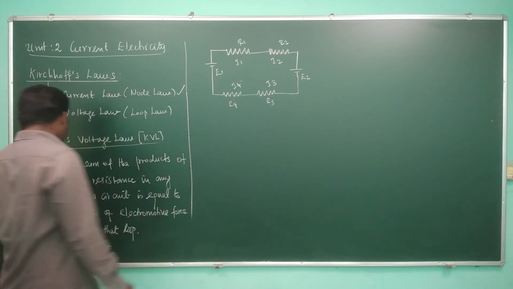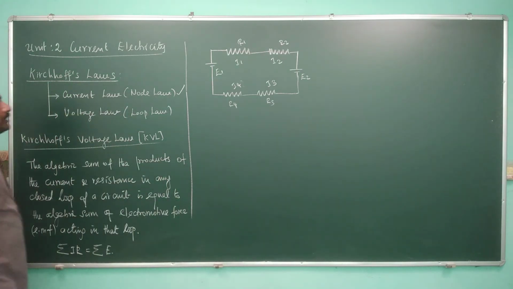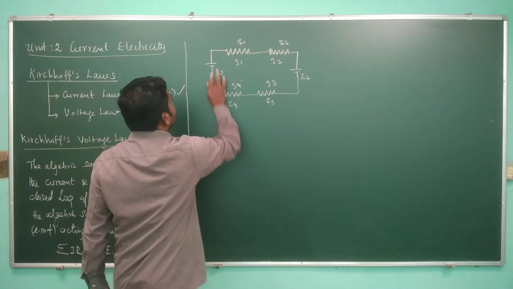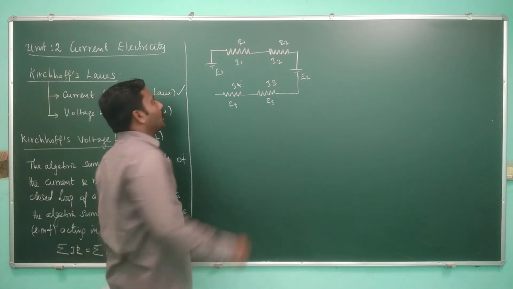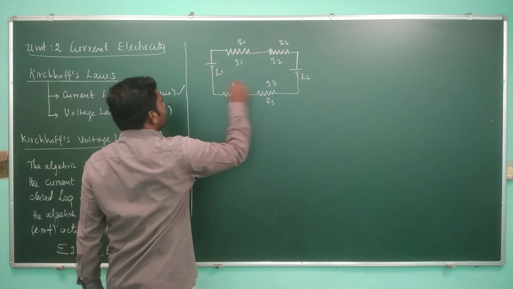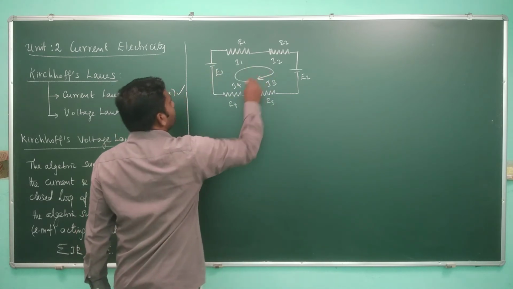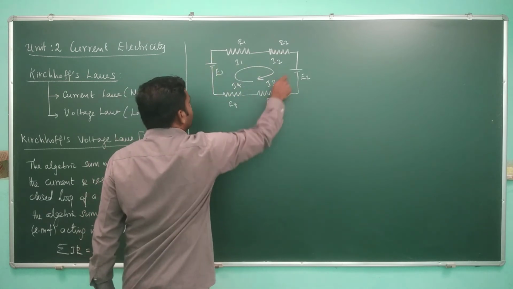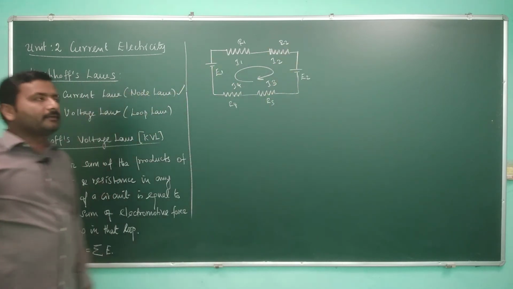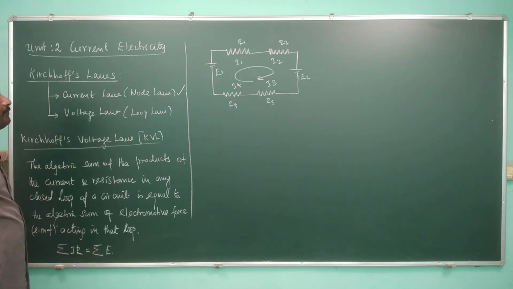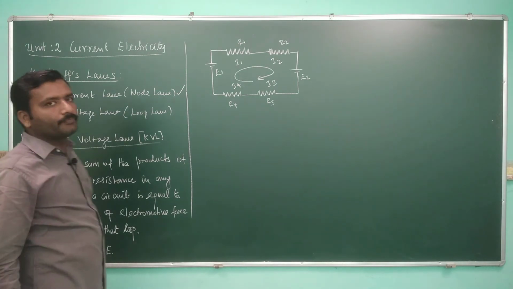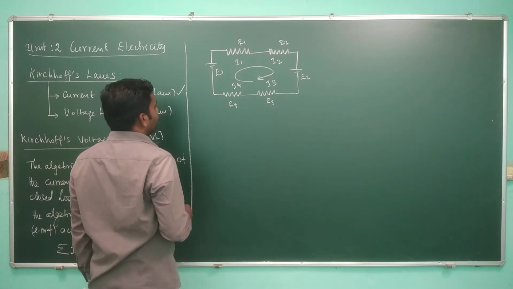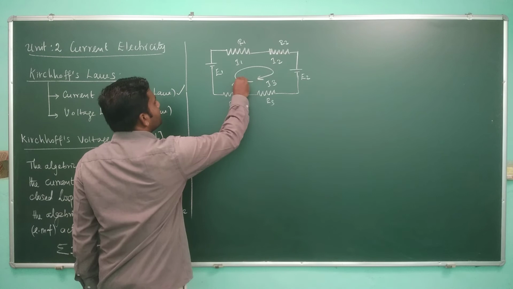Now we have to apply Kirchhoff voltage law to a loop. That means it's a closed loop. It is closed everywhere. Suppose if it is open here, then you cannot apply this law. So the circuit must be closed and you can find a loop like that, right? If you start here, it will end up here. If you start here, it will go around a loop and end at the point where you started. Consider such a loop.